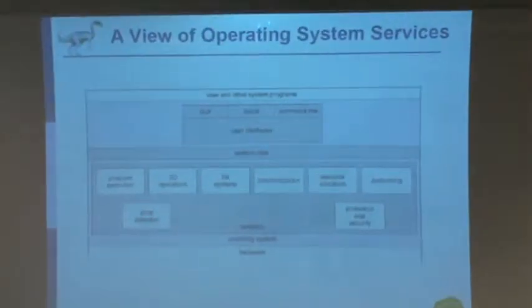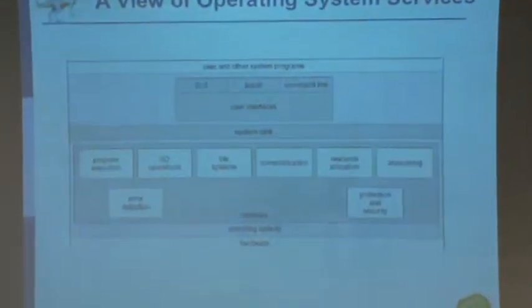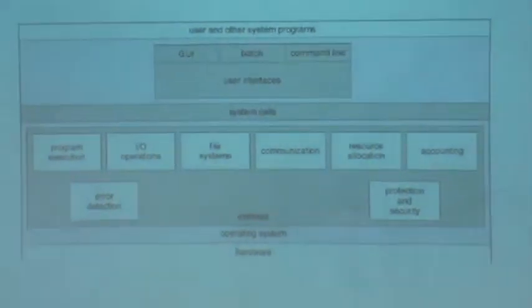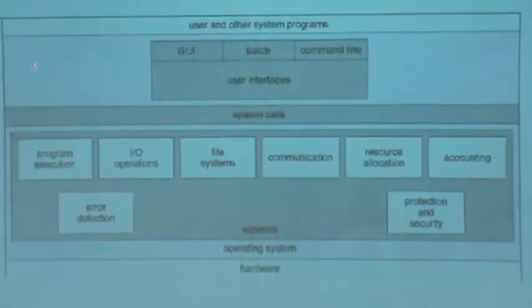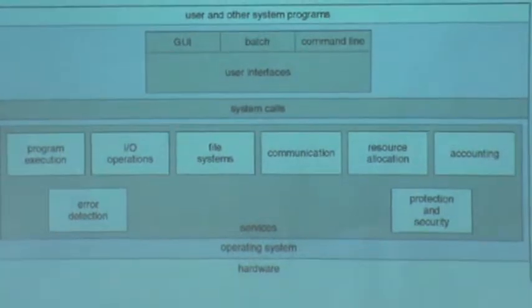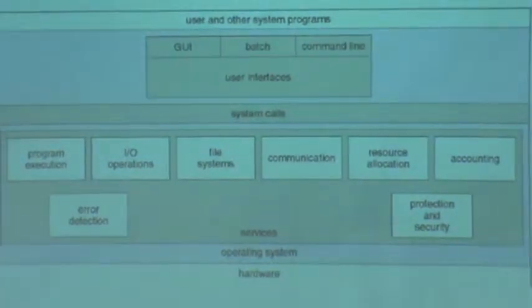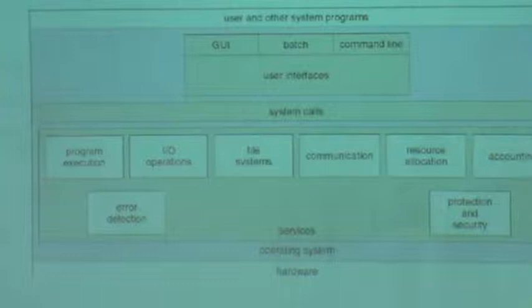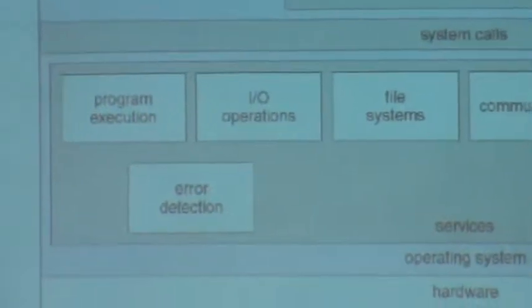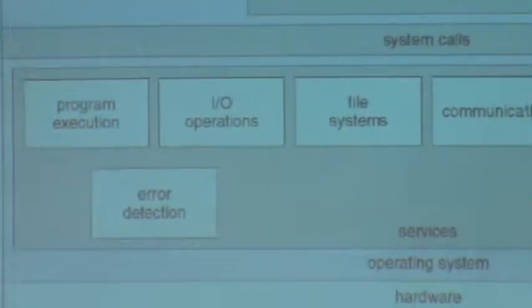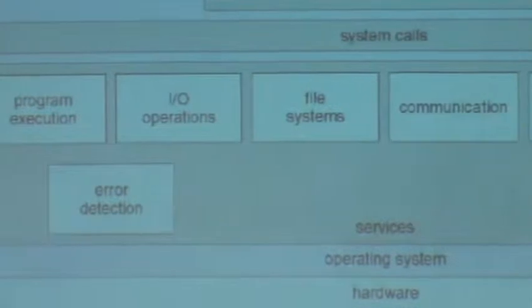So it has, as you can see, program execution. We'll be discussing in chapters 3 and 4 the process management, and I/O operation we'll be discussing in the third part. Okay, probably at the end of the semester, and we have the file system, which is also in the I/O management, and the communication. It's part of the operating system, but we are not going to discuss details in this class